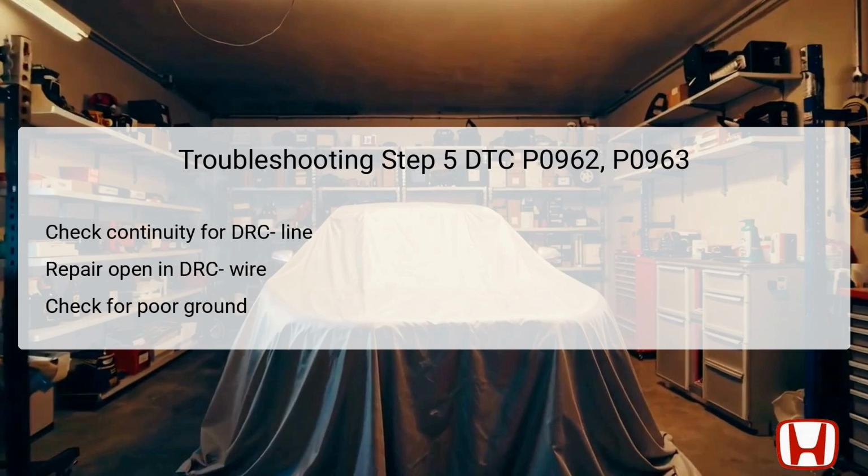If you find continuity, it indicates that the DRC wire is operating properly, but suggests that the CVT drive pulley pressure control solenoid valve itself is faulty and needs replacement. Should there be no continuity detected, it would point towards an open wire condition, requiring you to repair the DRC wire that connects the solenoid valve to ground. Alternatively, check for any poor connections at ground point G251, as a poor ground can also lead to the errors indicated by DTC